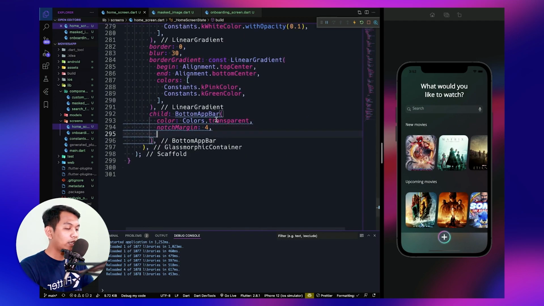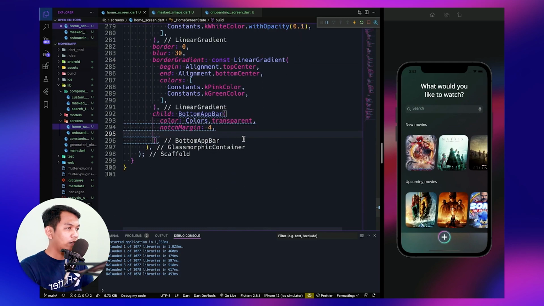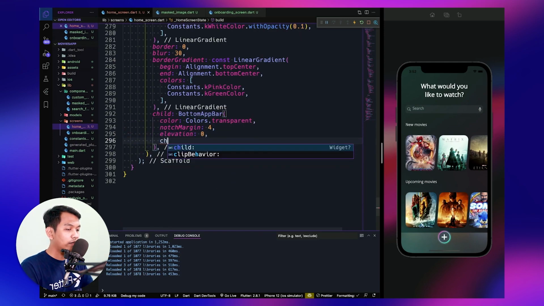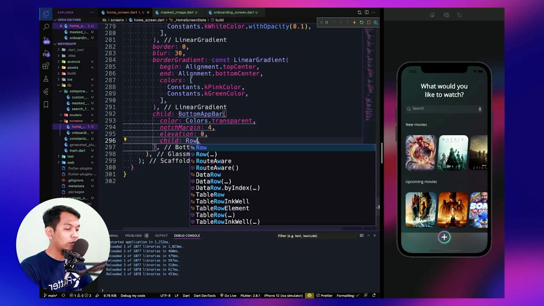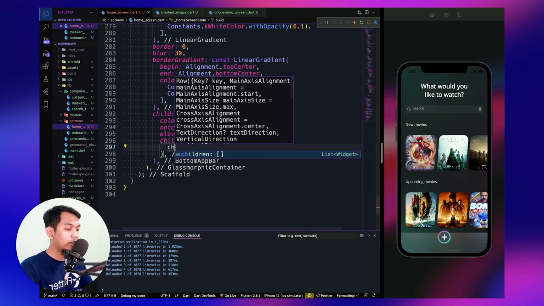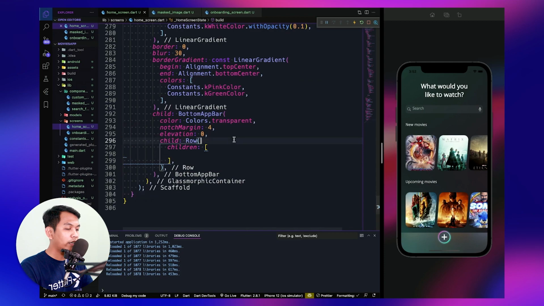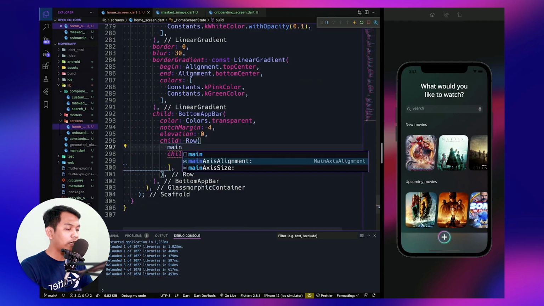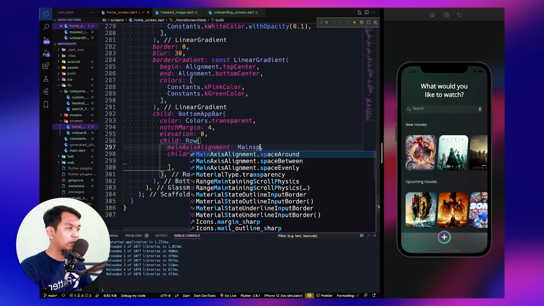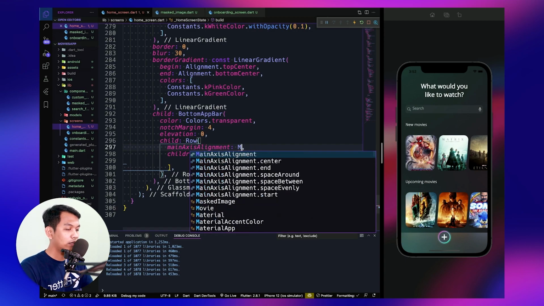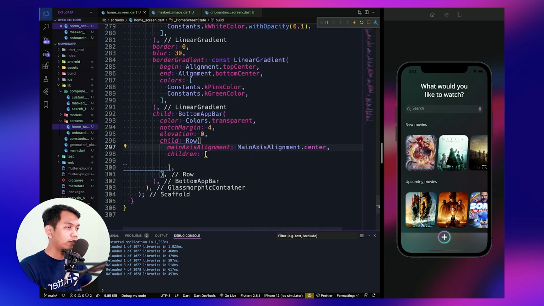And still inside bottom app bar we will set the elevation to be 0, and for the child we will set it to row widget, and row widget have children. And inside this row widget we set its main axis alignment to be space between, maybe center, look like this.